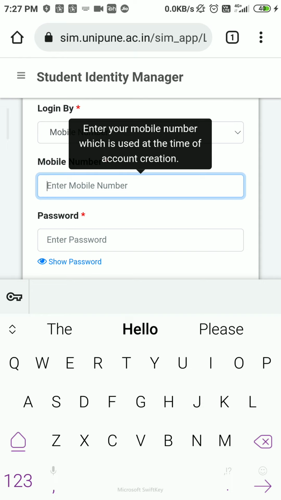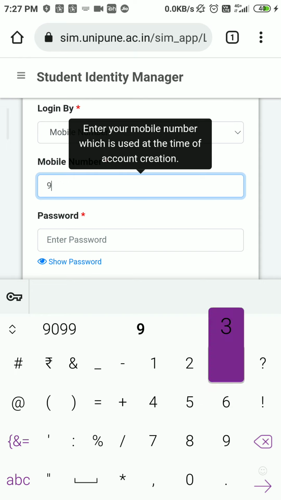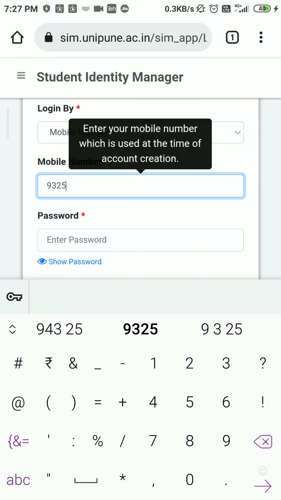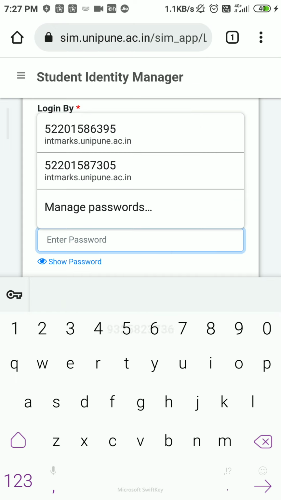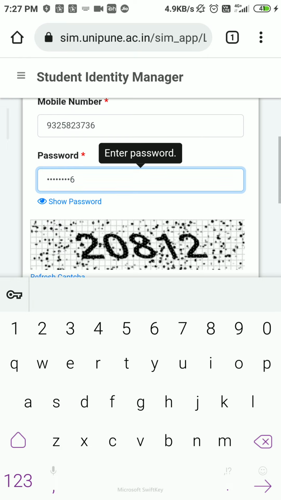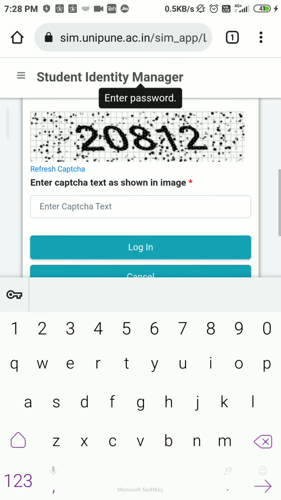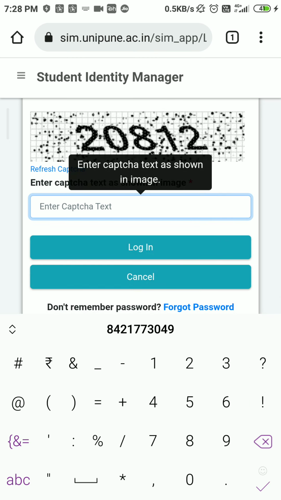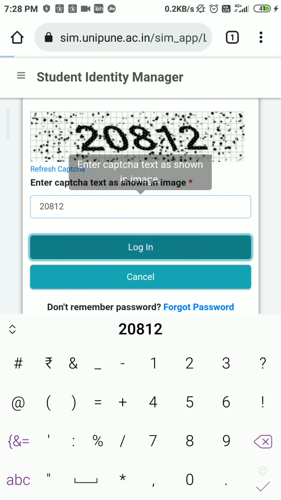I will log in with his number. I will enter the password. You have to enter the captcha and click on this login.